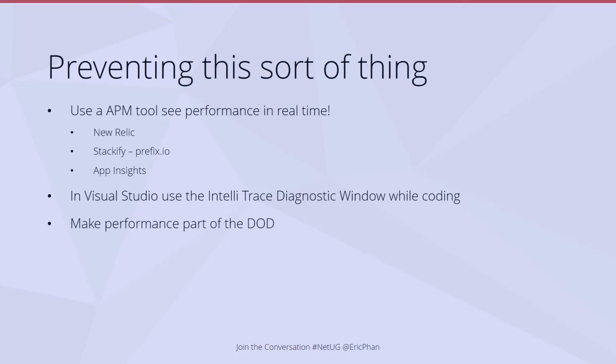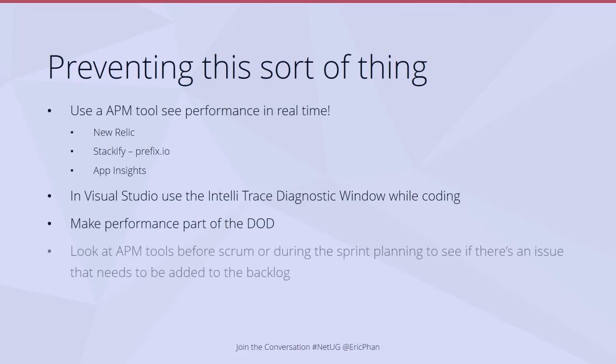In Visual Studio, you've got the IntelliTrace diagnostics. You can make performance part of your definition of done. If you've got the APM tools installed, I definitely recommend adding it as something you look at before the Scrum meeting or during the sprint planning meeting, just so you can identify all the issues during the week and get them added to the backlog so that they're not just hidden